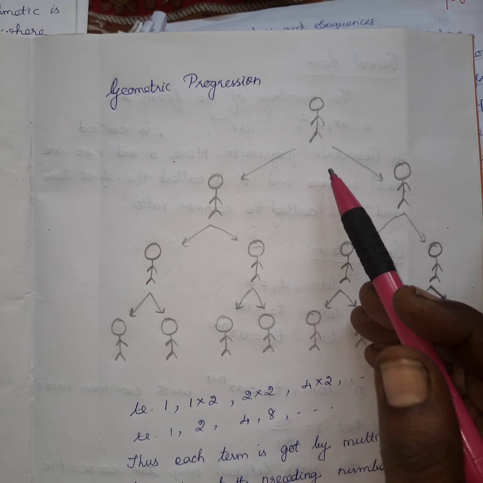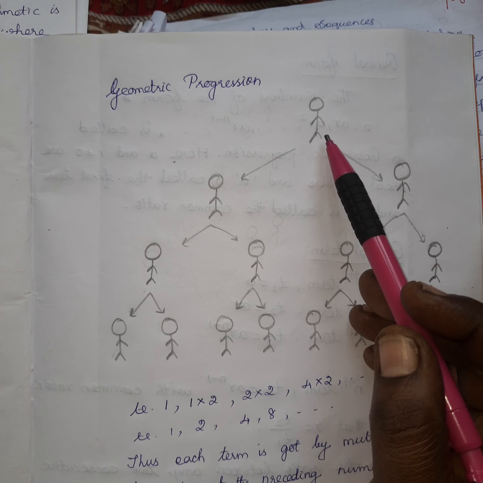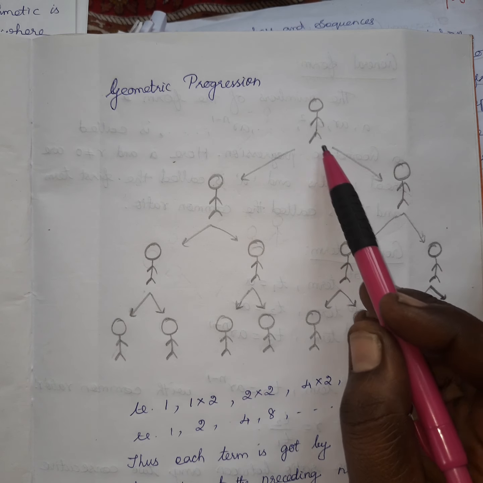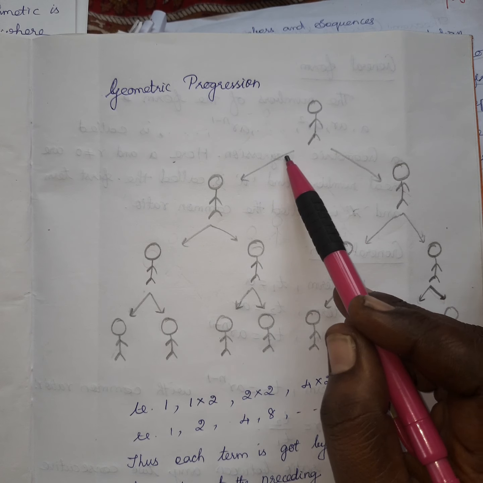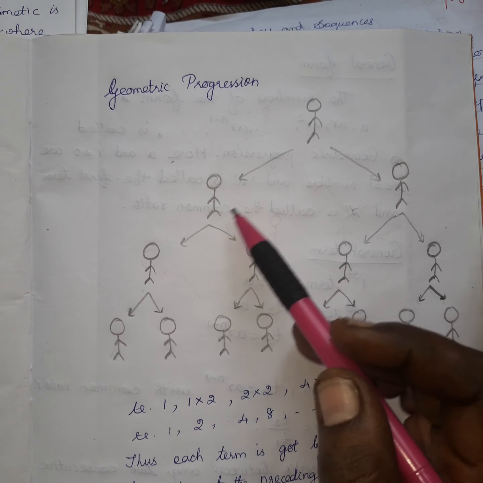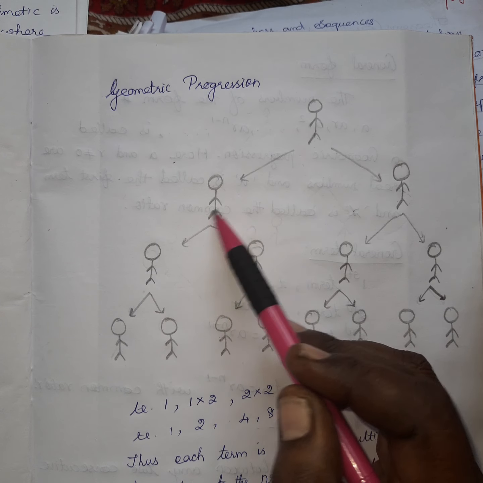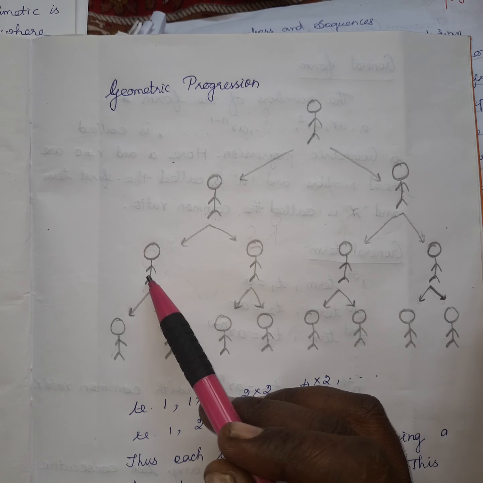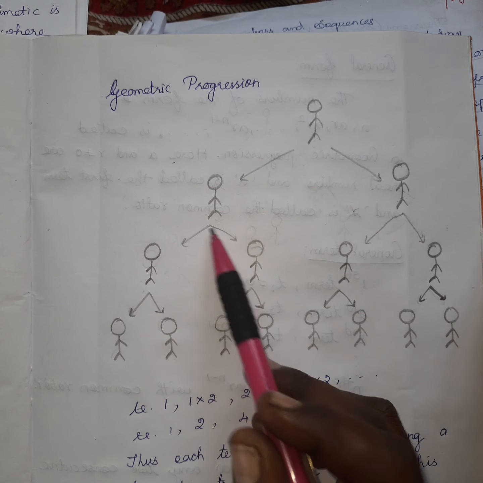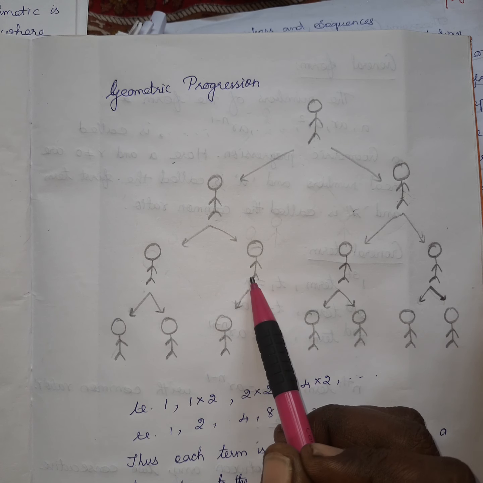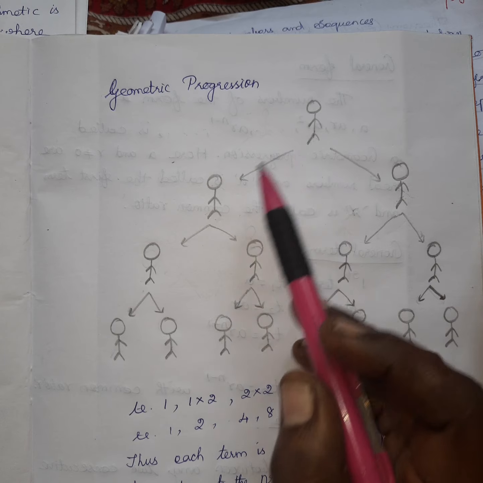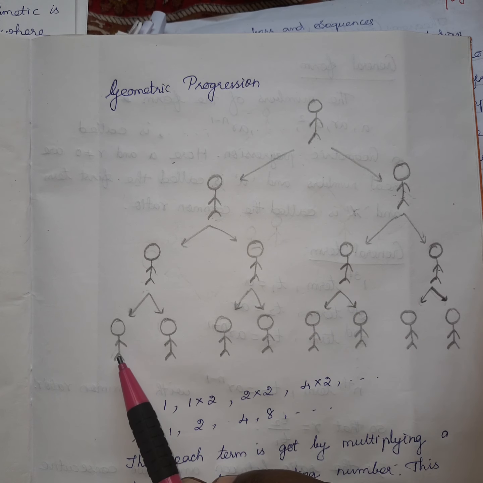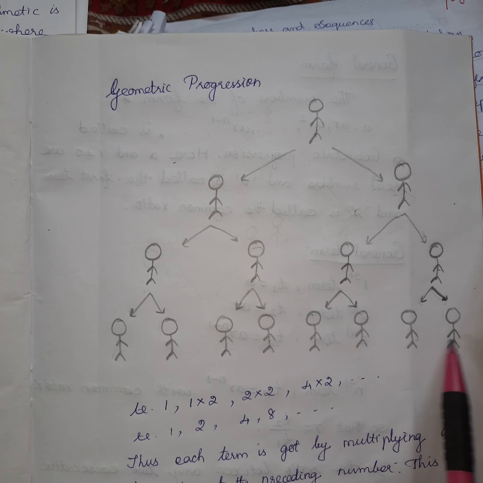Now you see one example I am telling. First of all, one viral disease spreads to two persons from one person. Okay, from one person it is spread to two persons, like that way. So in the second stage, two persons are affected. From these two persons, each of them spreads to two other persons. So first stage number one, second stage two persons are affected, third stage four persons are affected, like that way. In the fourth stage 8 persons are affected.